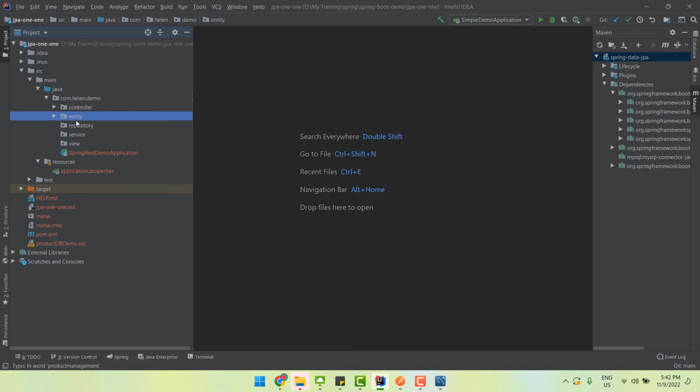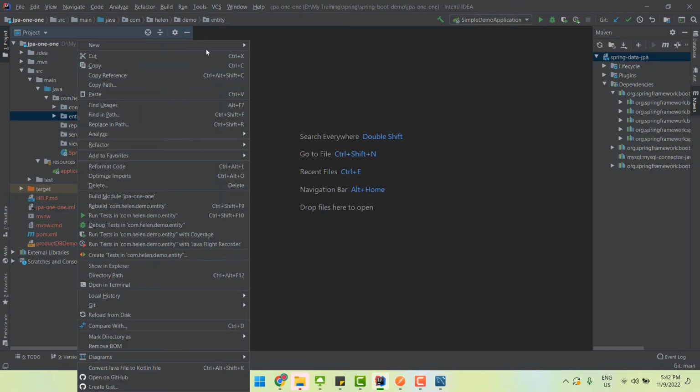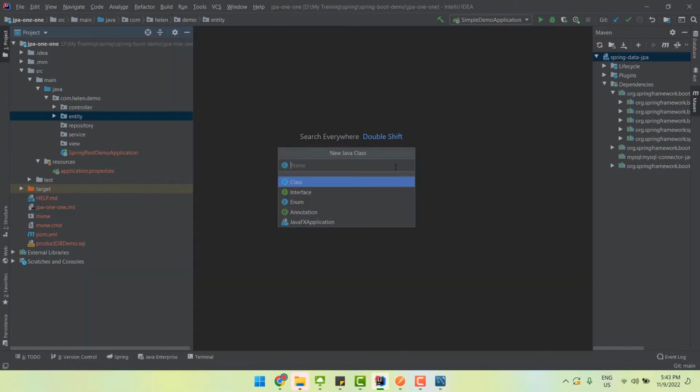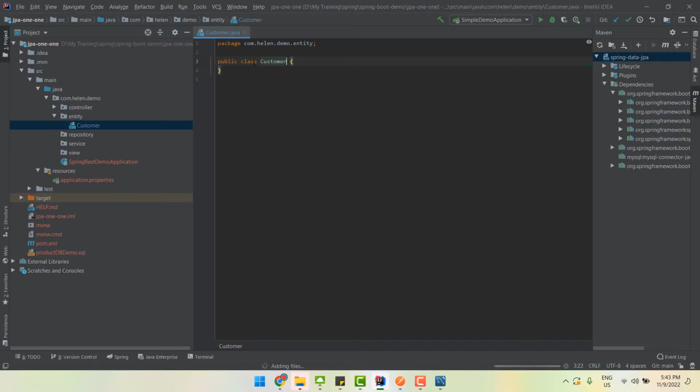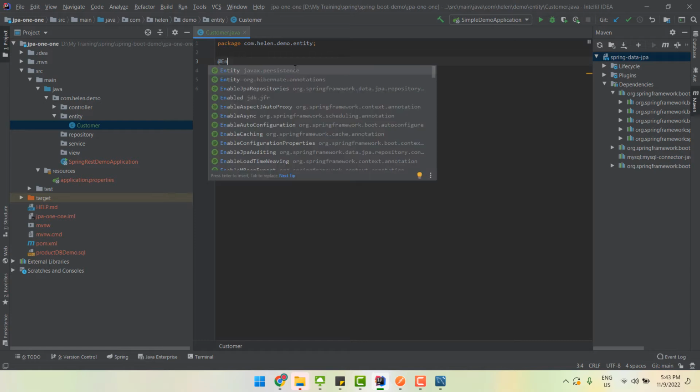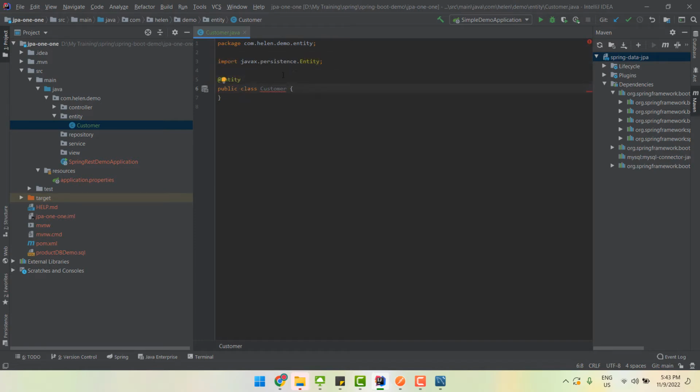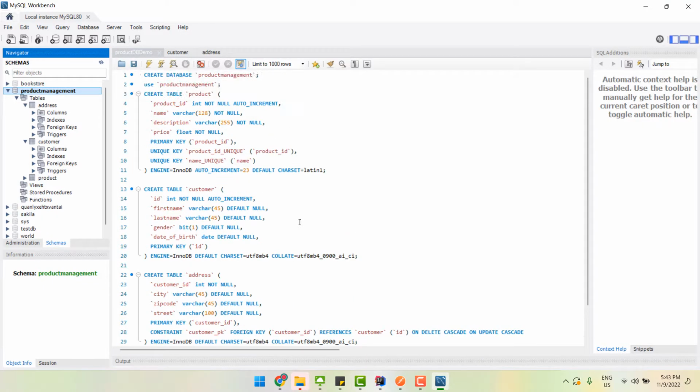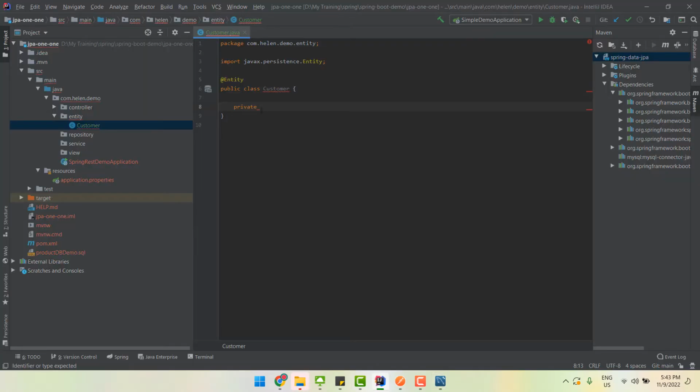Okay, and now we have some packages like controller, entity, repository, service, and view. So now we go to the first step. I will create the two entities, customer and address entity classes, that map to the database columns. For the entity class, we have the annotation Entity that is really similar to the other demo in the previous video,